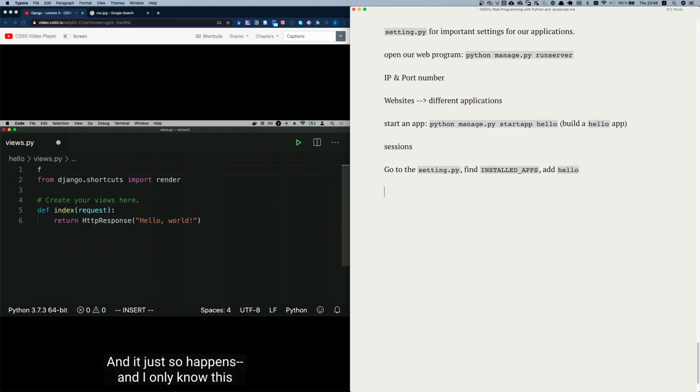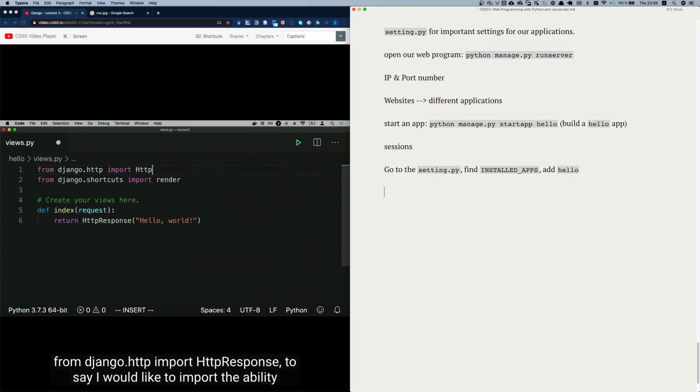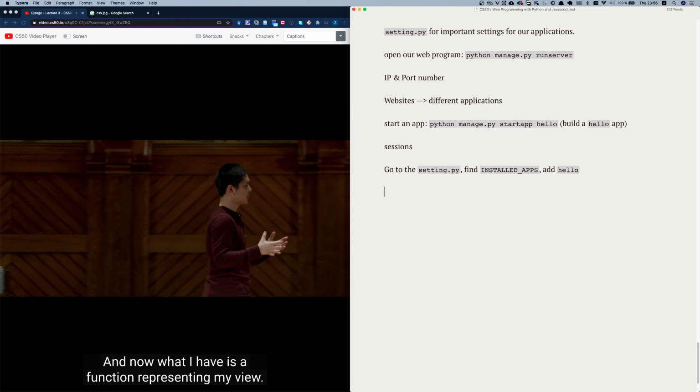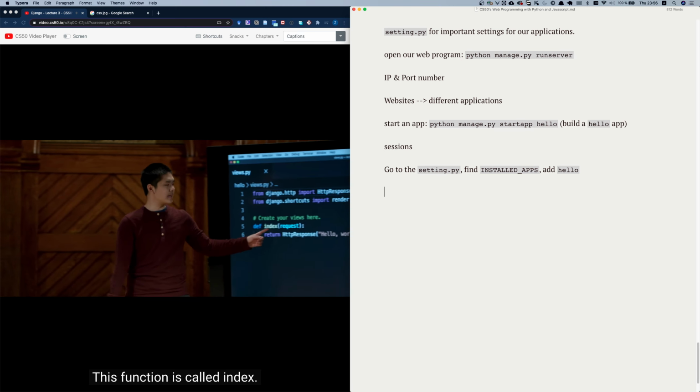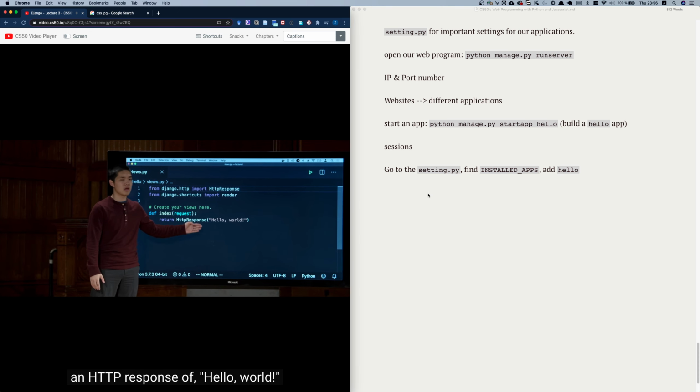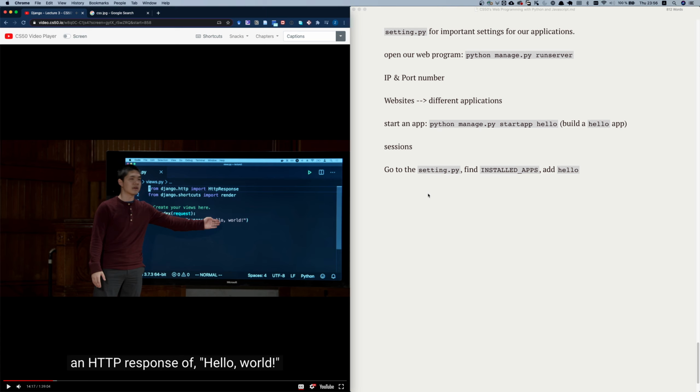And it just so happens, and I only know this from reading Django's documentation, that I can include a line like this: from django.http import HttpResponse, to say I would like to import the ability to give an HTTP response. And now what I have is a function representing my view. This function is called index. And what the index function does is it just returns an HTTP response of